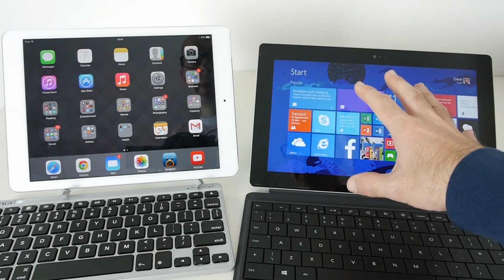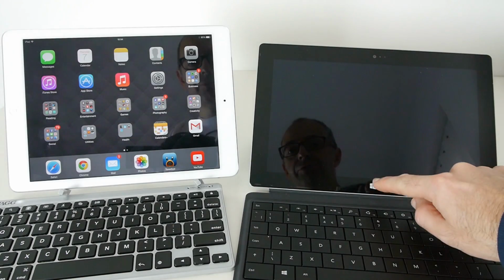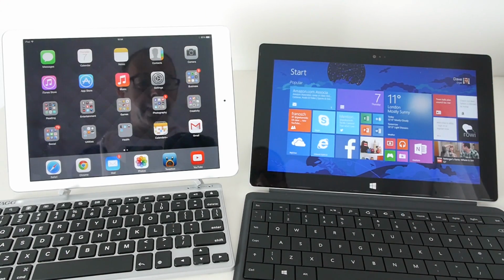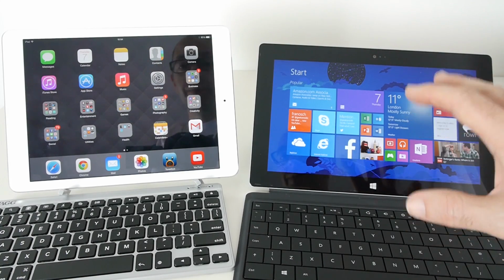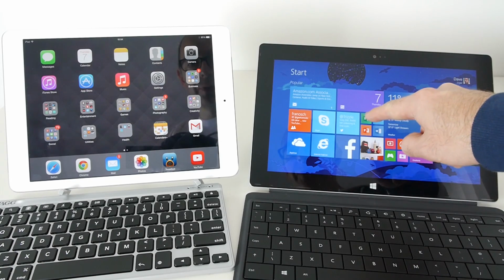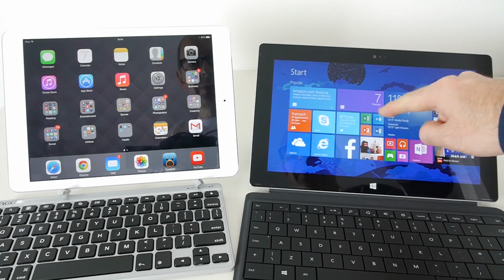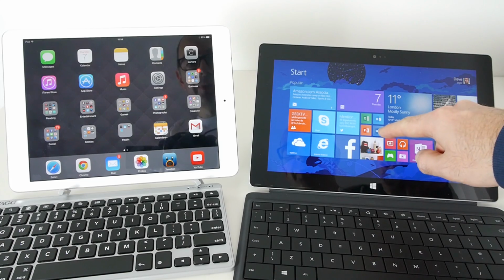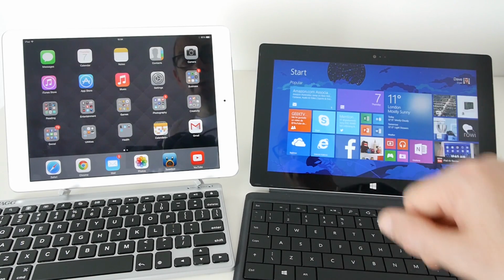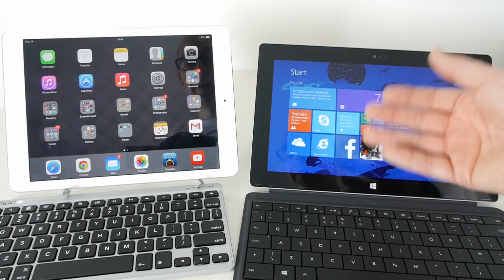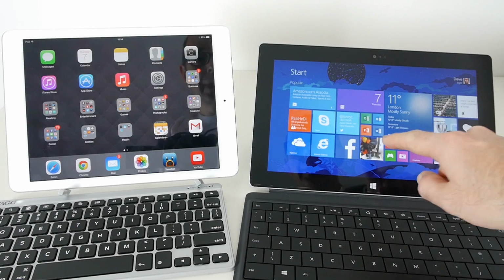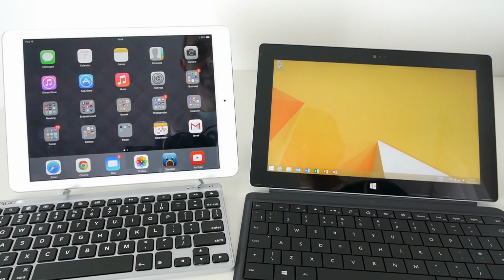Let's go across to the Surface 2. Now this is running Windows RT 8.1 and it actually comes with the Microsoft Office suite of applications free of charge. So we've got Excel in the middle here for doing spreadsheets, we've got Outlook for doing emails, we've also got Word for typing out simple text documents, and then we've also got Publisher for creating documents with graphics similar to Pages. I want to have a look at Word actually, so I'm going to tap and open Word